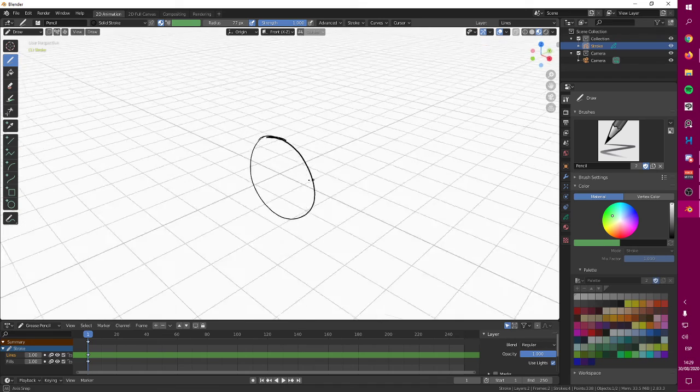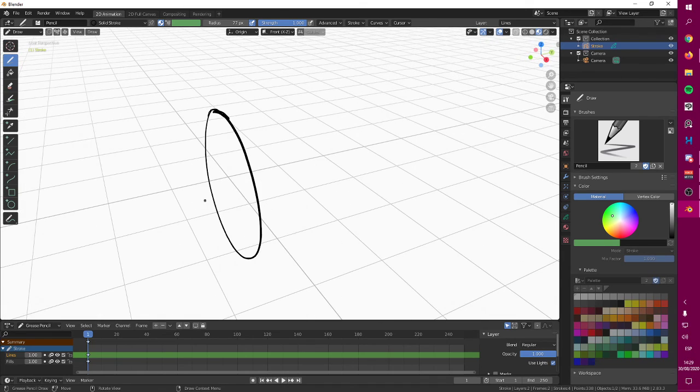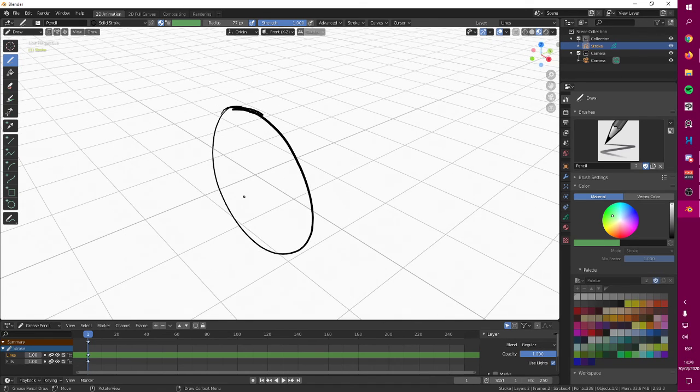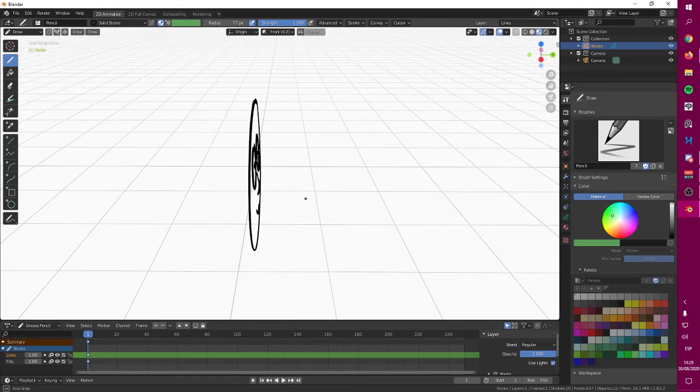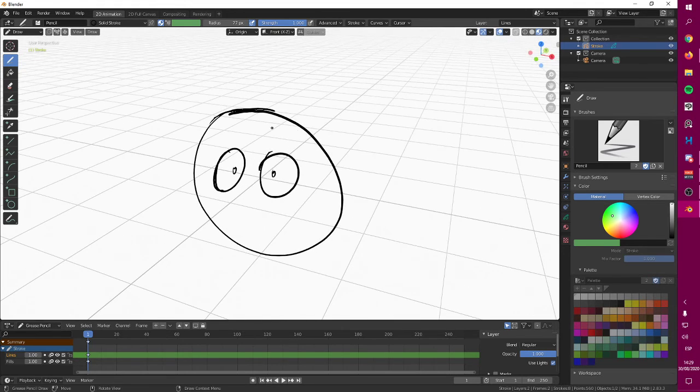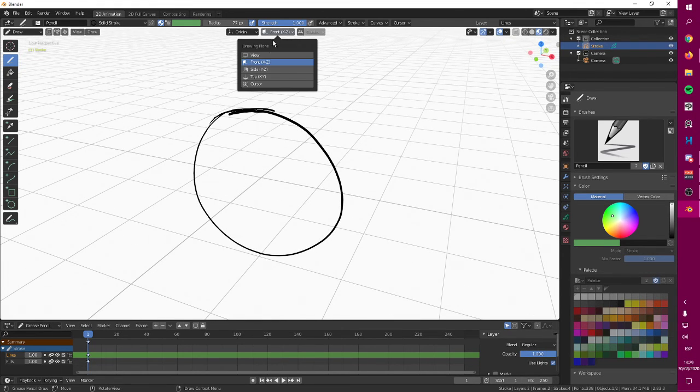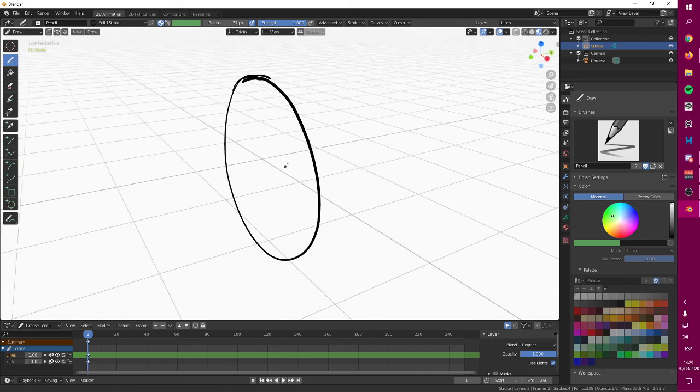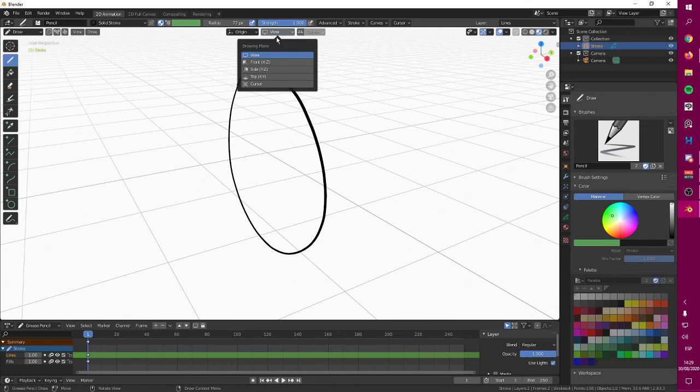So let's say you want to draw in 3D mode, for example, you want to draw a face in here, like this. But what happens when you move the camera? Well, in this case it's working, but normally when you are working, make sure to have this in front mode or in side mode or wherever point you're looking at. Why? Because if this is in view mode,